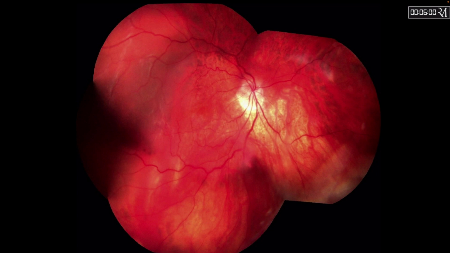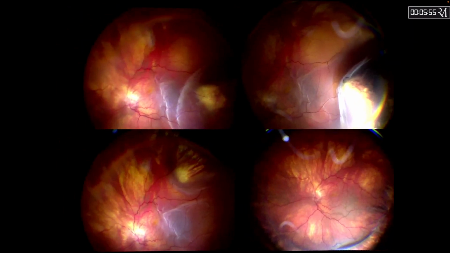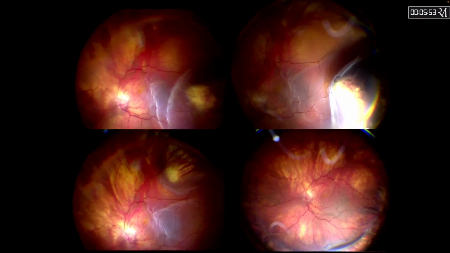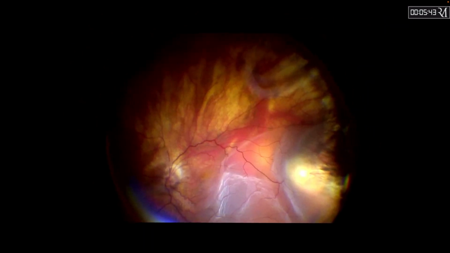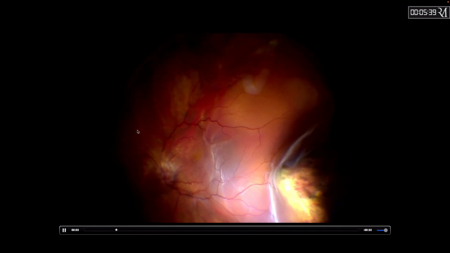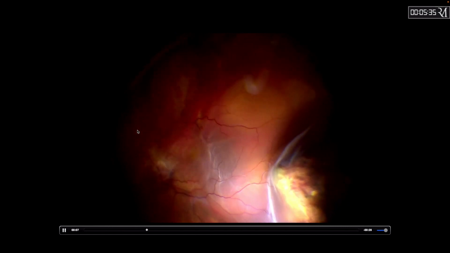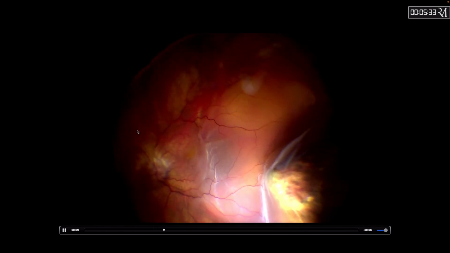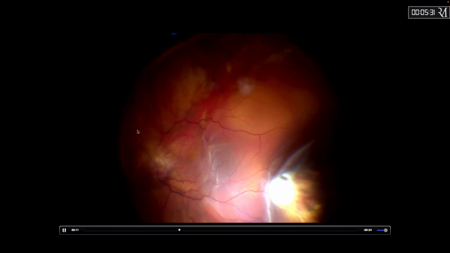This is a case of supratemporal pseudophakic retinal detachment, and this case was managed by a buckle. Since there was no pathology in the anterior segment, no complication from the pseudophakia, then this was managed by just a buckle. And as you can see, there is a small flap tear in the upper temporal region and upper temporal retinal detachment. Cryo was applied to the break